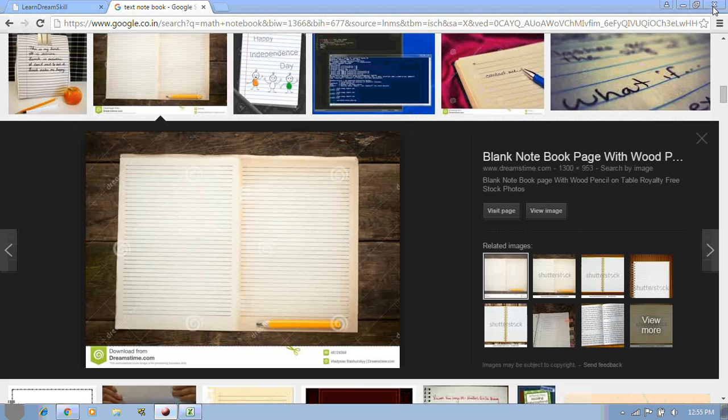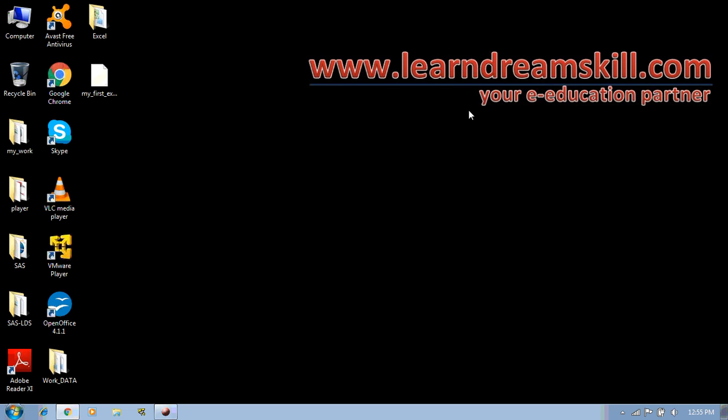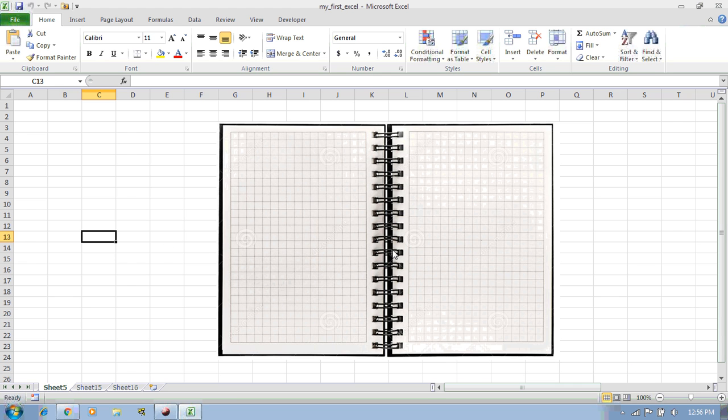I am just closing it out. You can see here in the desktop we have my first exercise Excel, and if I open this, we can see our workbook which we were working on, and it has the sheets.